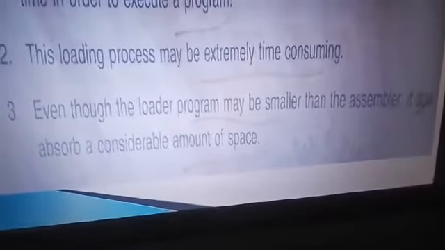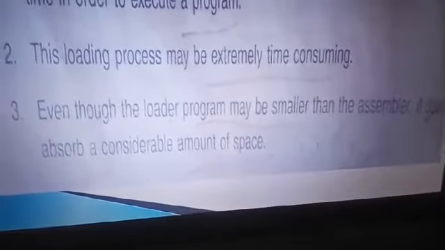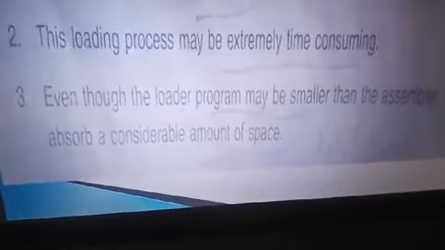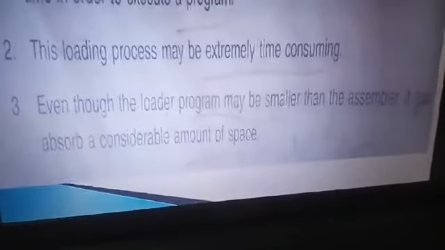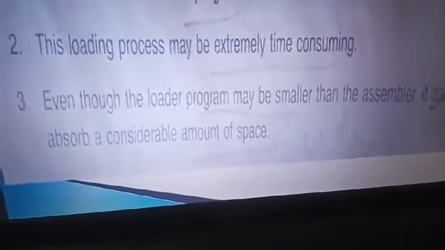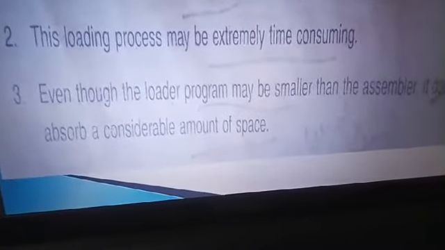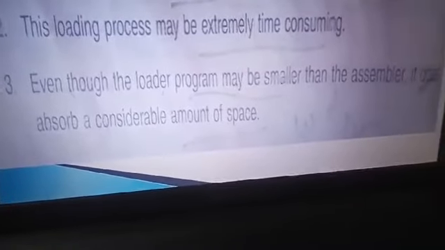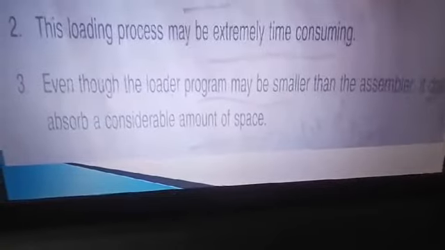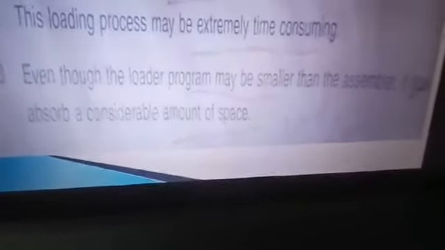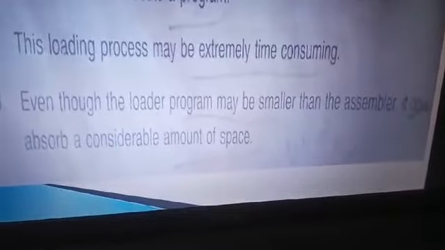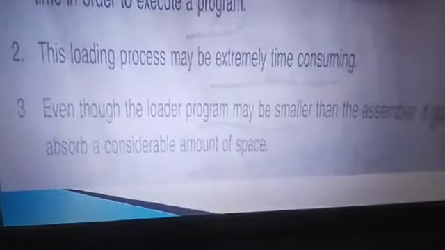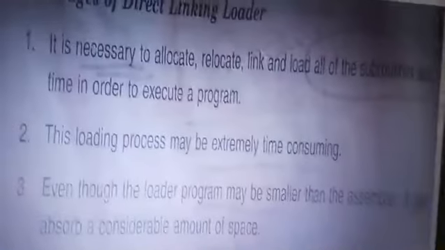And the loader's program space is smaller than the assembler's, but it still absorbs space because again it has to do two passes. Whenever there are 2 passes, the length of the algorithm will be much higher. It takes larger space, not considerably as much as an assembler, but it still kills the space. A loader should just load, linking should not be done, but here we are clubbing things together, so the software becomes very huge, which kills our memory. So these are the three disadvantages of direct linking.